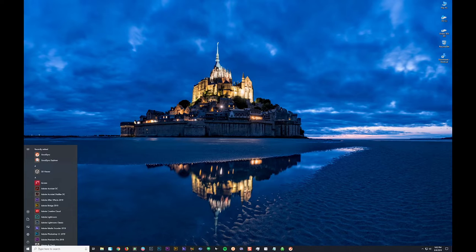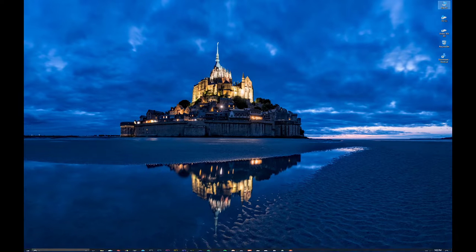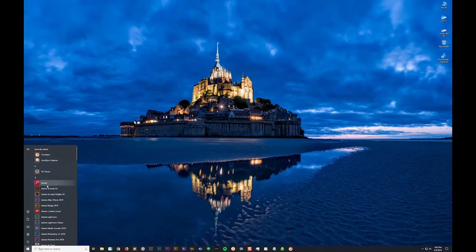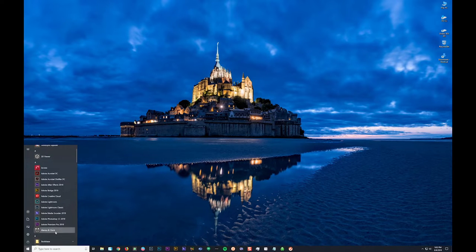The other thing I found was, in the beginning, whatever's running pops up down here with a light underneath it, a lot like Mac's dock. It's really, really similar. Anything that you want down on that dock, you can just right-click it. Let's find something I don't have, Creative Cloud. I can go to More and say Pin to taskbar. Well, now all of a sudden that's pinned down here, just like it was on your dock